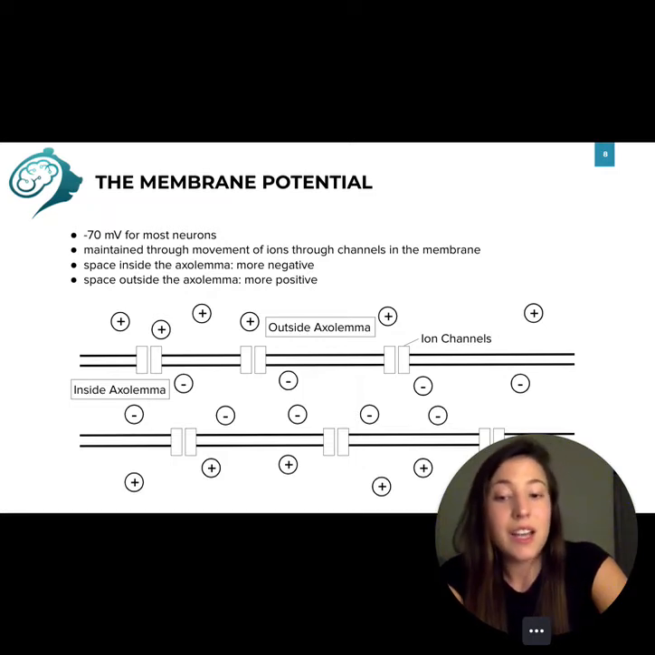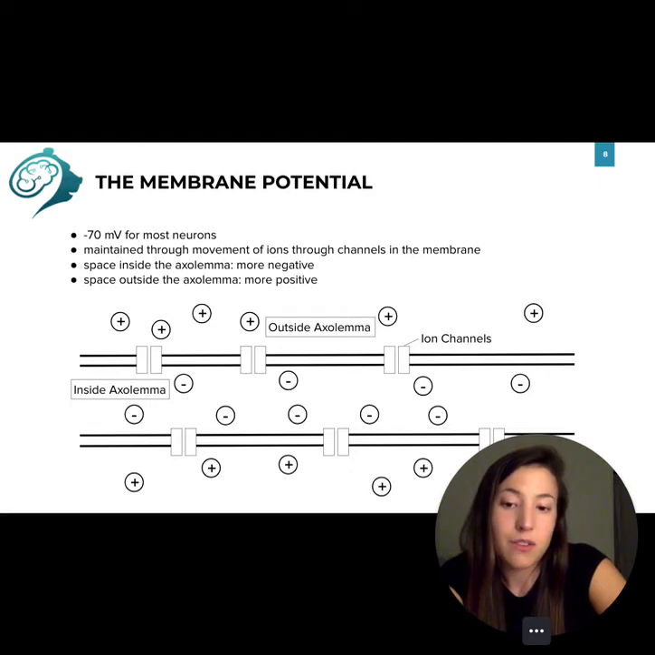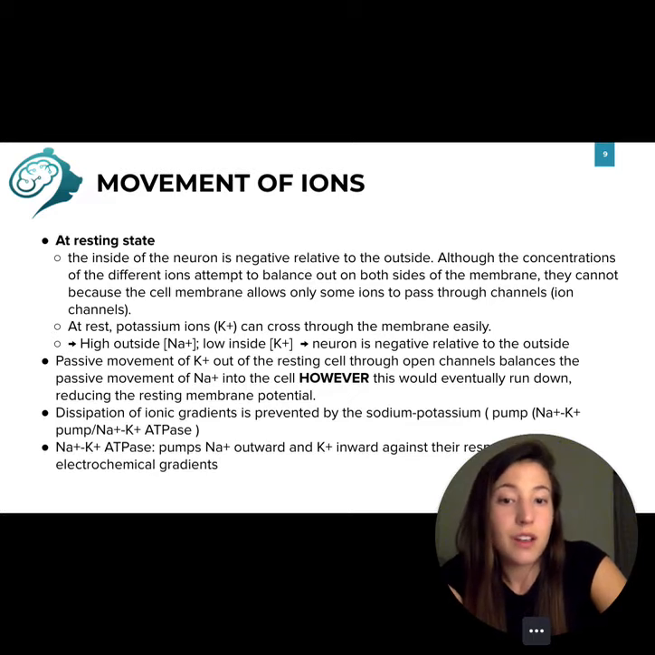The space inside the axolemma is generally more negatively charged, and outside the axolemma is surrounded by positively charged ions. It is this difference in ions that creates the membrane potential. The resting membrane potential is maintained through the movement of ions through ion channels, which we'll go into more depth about on this slide. So at resting state, like we said, the inside of the neuron is more negative relative